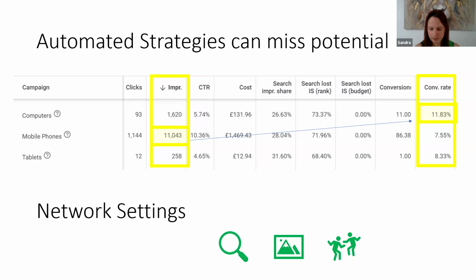Network settings: Google is trying to make you add search and display and search partners networks all in the one search campaign. Doesn't work. Keep display separate. Test search partners. Give it a month, 2 months. If it's not converting, switch it off. Generally doesn't convert. I would say probably 1 out of 25 works. Yeah, switch it off, and then you can reallocate the budget to the actual Google results pages. Just better use of your budget.